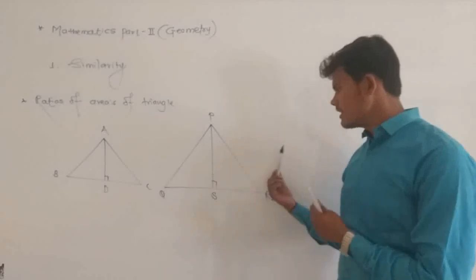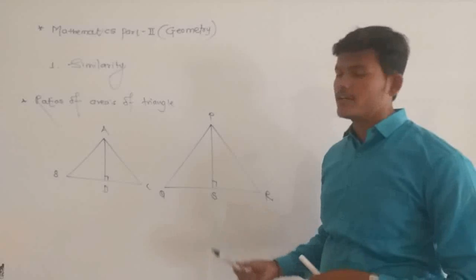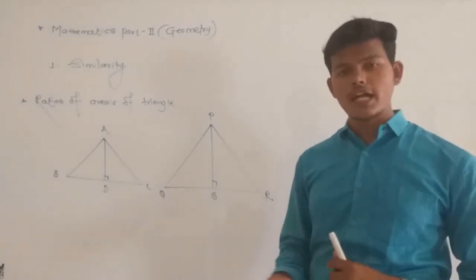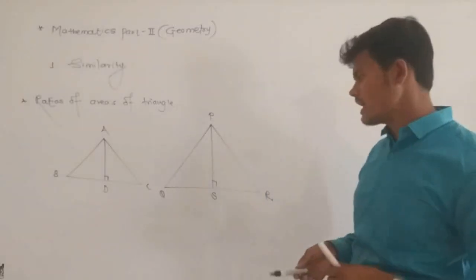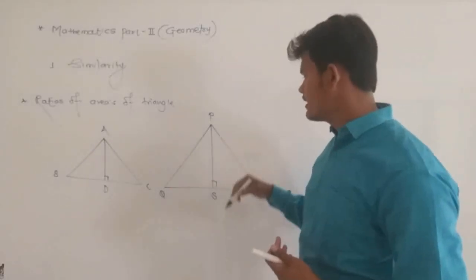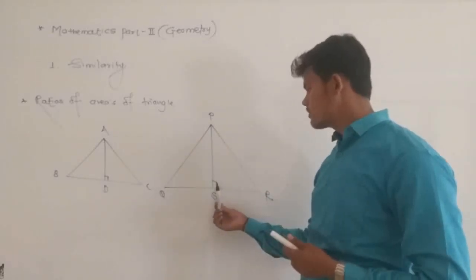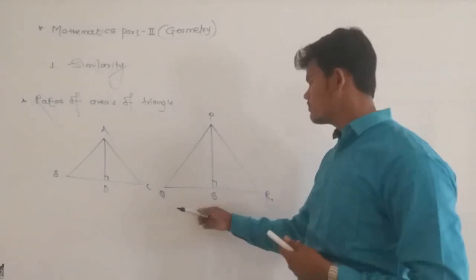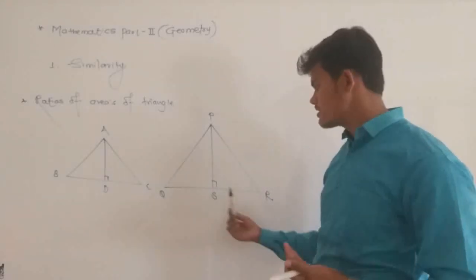So in the second figure, which one is the height and which one is the base? Here PS is the height. Why? Because height is always a perpendicular, so it is known as perpendicular height. And another height which is slant height, म्हणजे तिरकस उंची, is denoted by L, and the perpendicular height is denoted by H. So in the second figure, PS is the height. Why? Because it is perpendicular to the base, that is QR. So perpendicular segment कशावरती ड्रॉ केले आपण? On which segment? QR. So ज्या segment वरती ड्रॉ केले ते असेल आपल्यासाठी base.